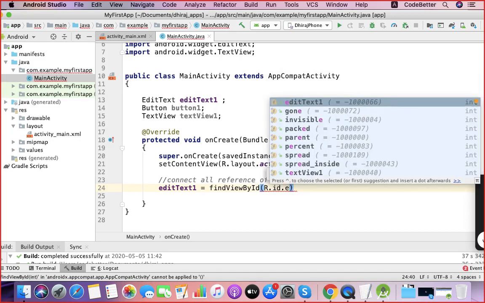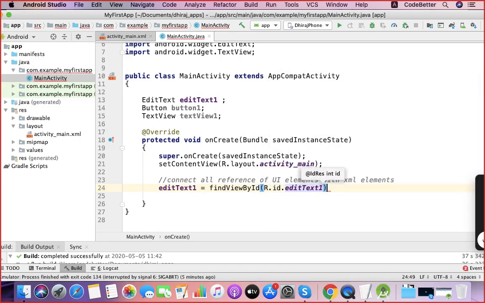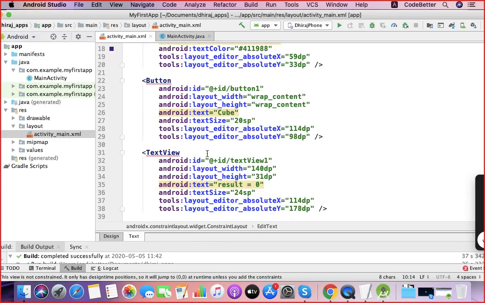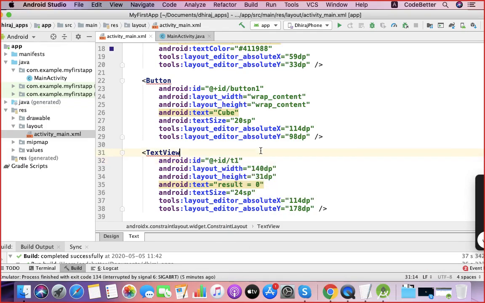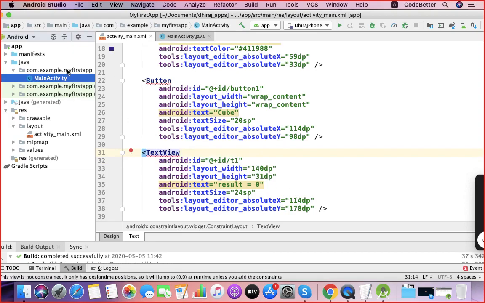This edit text 1 is nothing but the ID available in the XML. Okay. So if this ID is T1, you have to write T1 here.